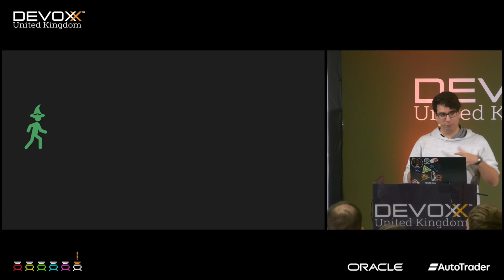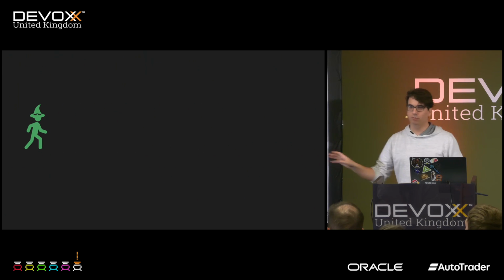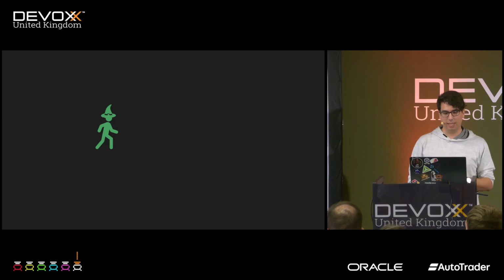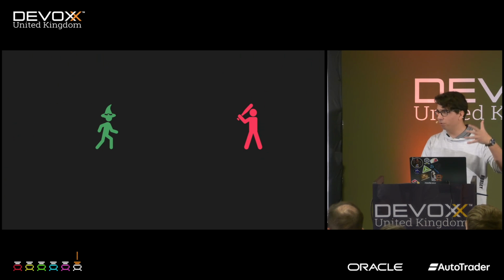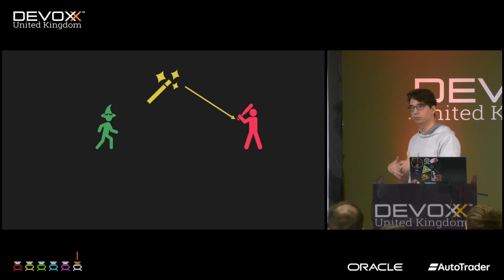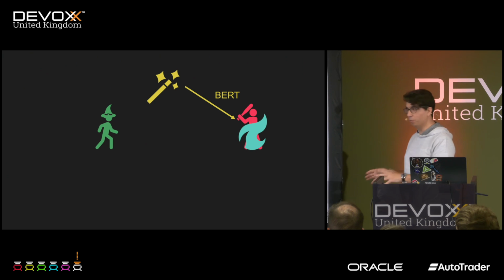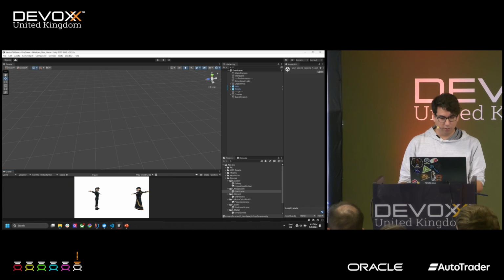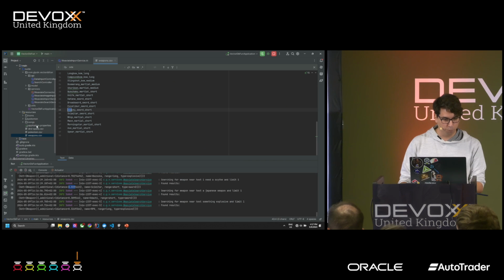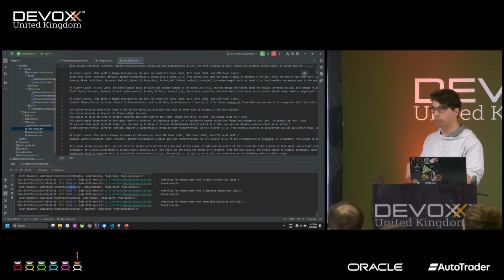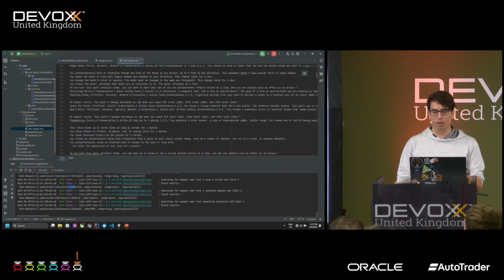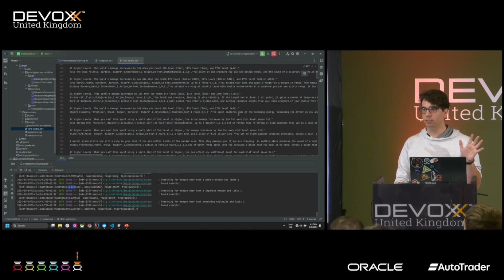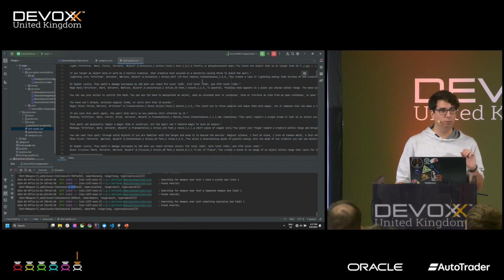So we have a forgetful wizard, or Dumbledore, that was walking through the woods, and at some point he's ambushed, and he doesn't remember any spells anymore, so we're going to help him search for spells he can cast to defeat the evil thug. And again, that is done through a BERT model. So if you look at the data set we're using here, I loaded all the Dungeons & Dragons spells in the player's handbook, and as you can see, this is a lot of text. By the way, all my data is taken from kaggle.com, which has a lot of open source data sets. It's amazing.